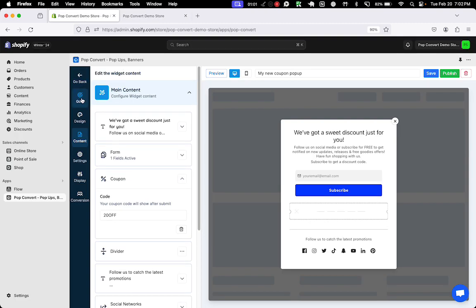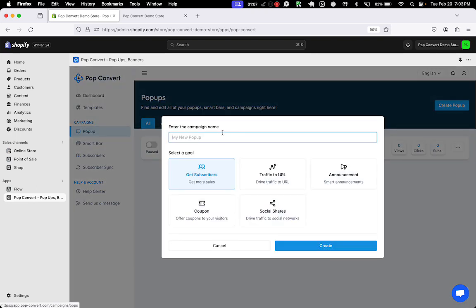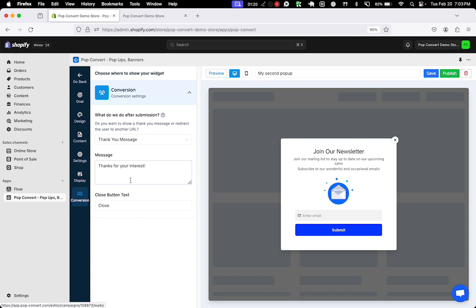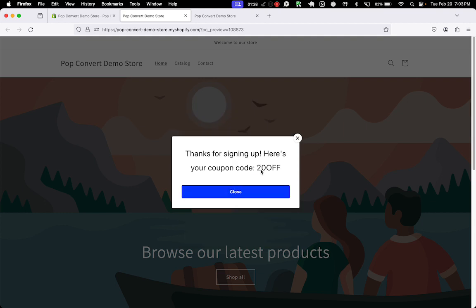Now, the second way to create a coupon type pop-up is actually to have it be part of the thank you page after the user has selected to enter their email. So I'll go ahead and say my second pop-up, get subscribers, and I'm gonna go down here to conversion, and I'm gonna say, thanks for signing up. Here's your coupon code, 20 off. Perfect, so I'll save this one here, and now when I enter an email, the coupon code is